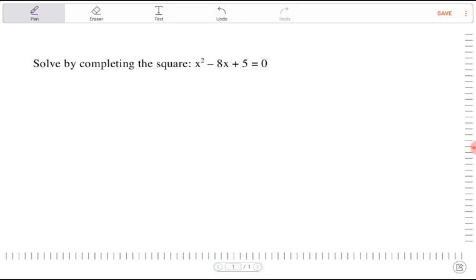Okay guys, welcome to another completing the square question. This one says solve by completing the square. That means what are the values of x that will make this true, that will make this whole equation equal